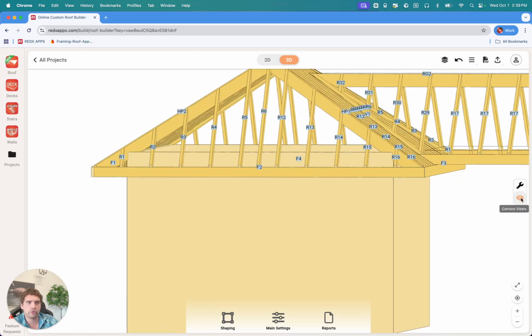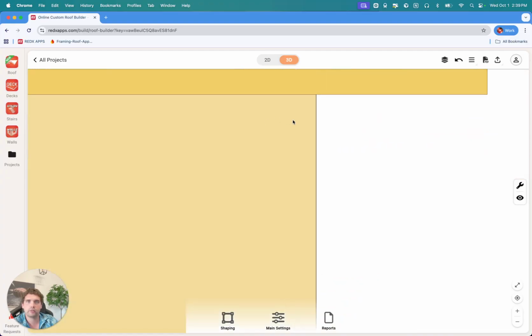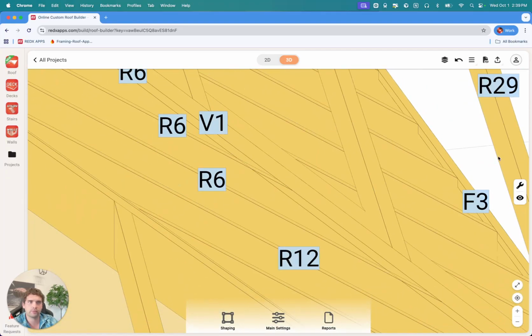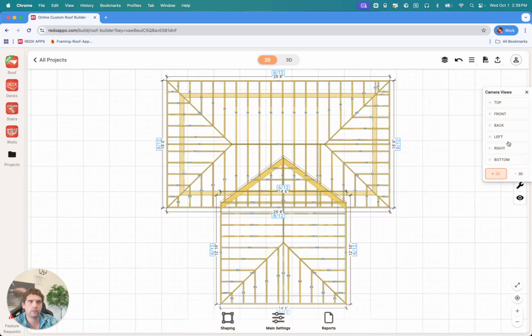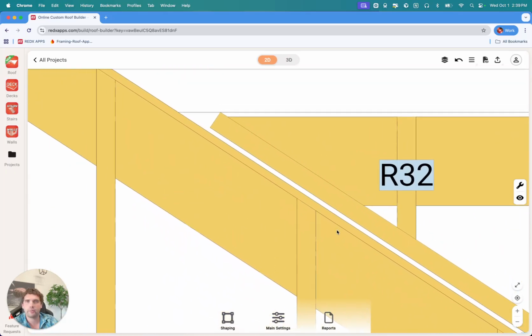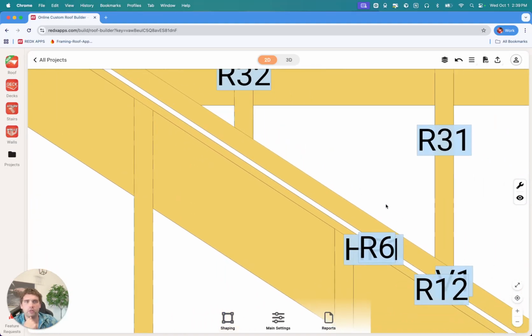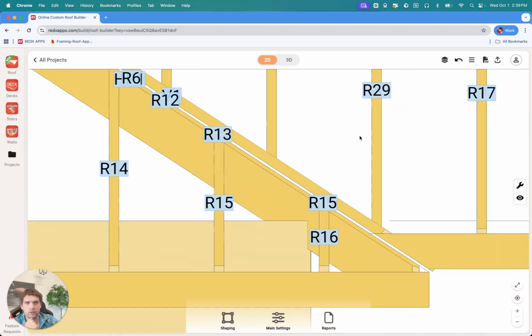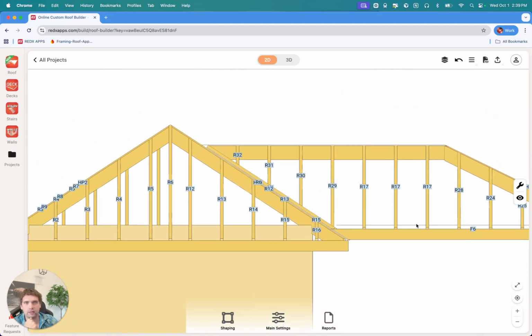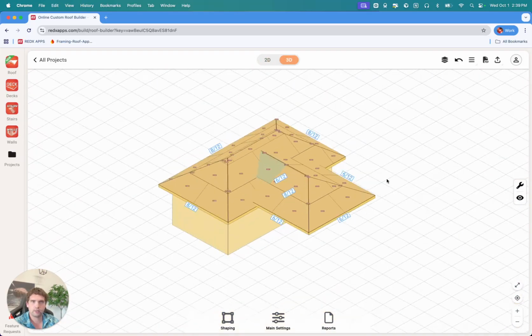If we hit over to a left view, and then you'll see if you actually zoom in, let's do that again. Let's go 2D and a left view. And the app is actually keeping that upper roof up about the thickness of the plywood. So you would set this other roof over the plywood. So if we show that roof sheathing, this is how it's going to work. If you go back to 3D,